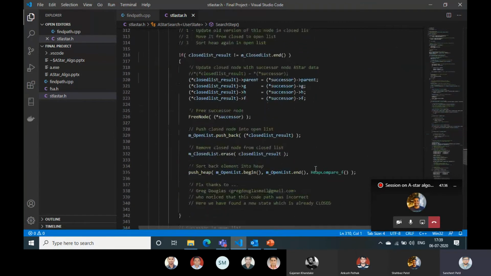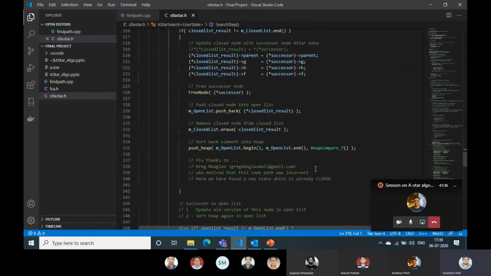Once that is done, we will push that to the open node, and then we'll again do the push if instance. What it does is it takes the starting node of the open and the last node of the open, and sorts the open list using this heap compare function.